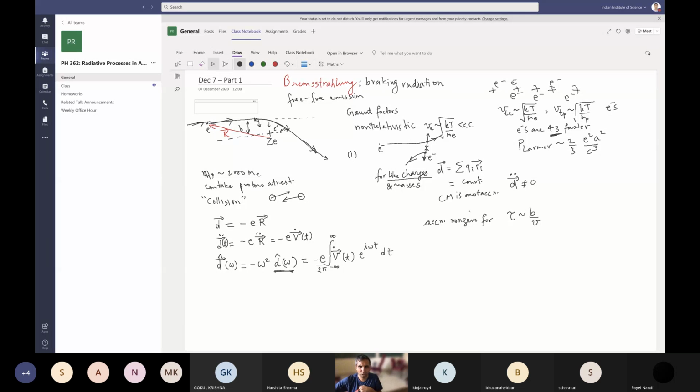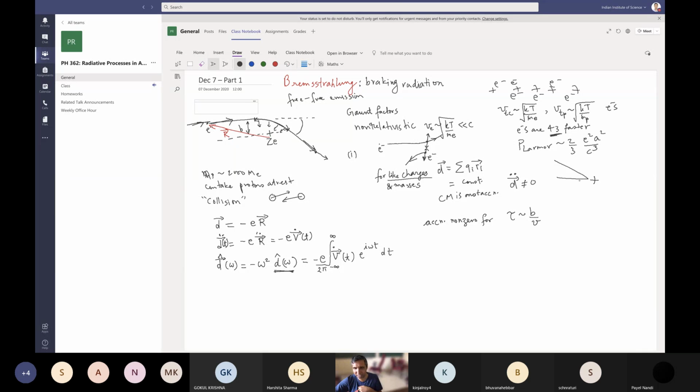So if we consider small angle scattering, that is, this angle is small, the collision is not a head-on. We are not considering collisions like this. We are considering small angle collisions, the reason being that head-on collisions, where the electron